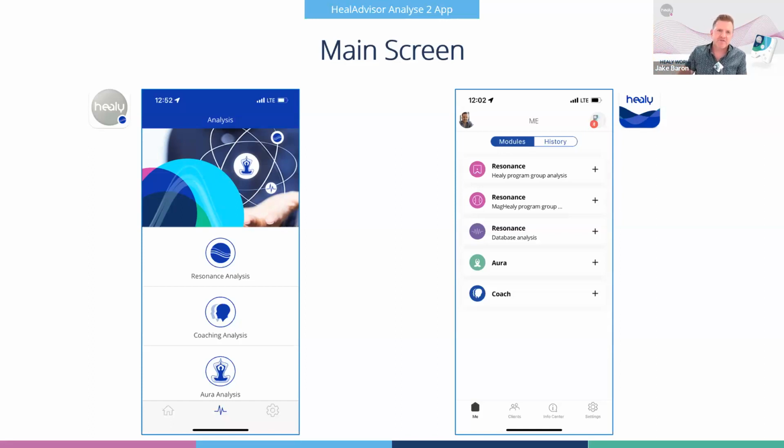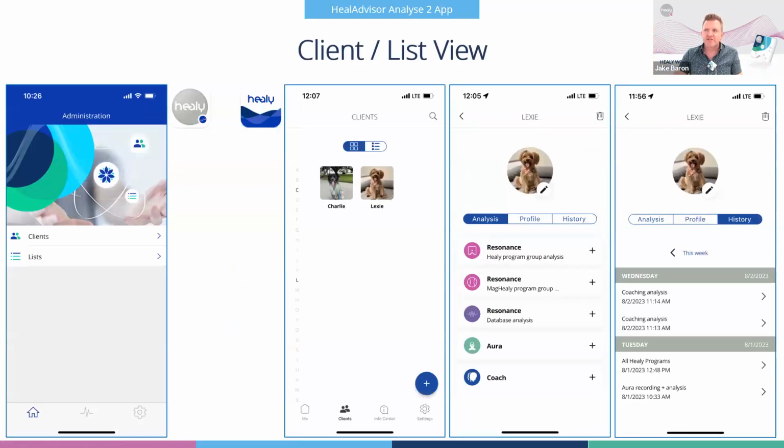Then you have a resonance section for the Mag Healy program groups right below it. And then you have a resonance section for the database analysis. So the Alaskan gem elixirs and all that kind of stuff are all in their separate section there. And then, of course, we have the Aura module and the Coach module there as well. So that's one difference as well, a little bit easier as far as organization goes.